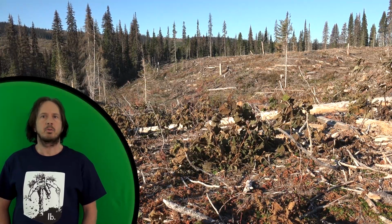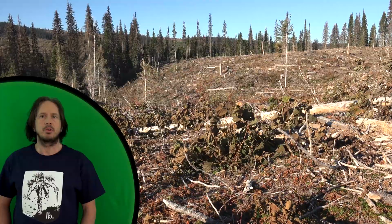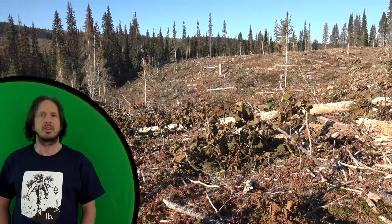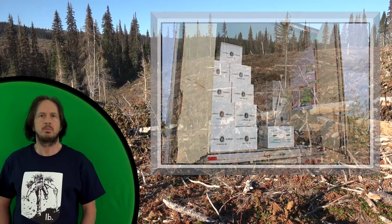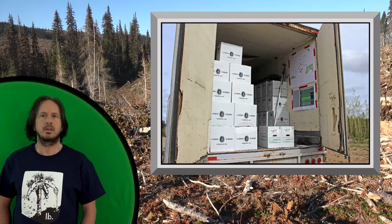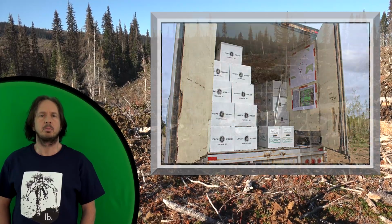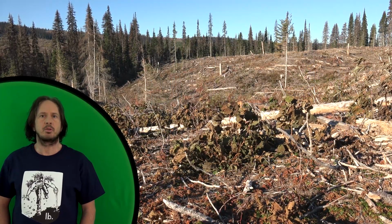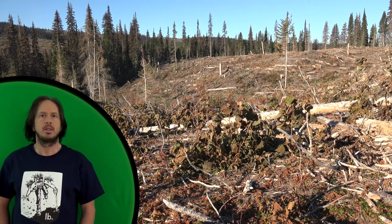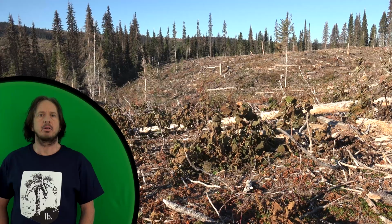Some camps have more than one reefer. A reefer, or refrigerated trailer, is often used to store as many as 1,000 boxes of trees. Some camps also have smaller refrigerated trucks that can carry several hundred boxes. A full-sized reefer trailer can be 40, 48, or 53 feet long and gets pulled by a standard large truck